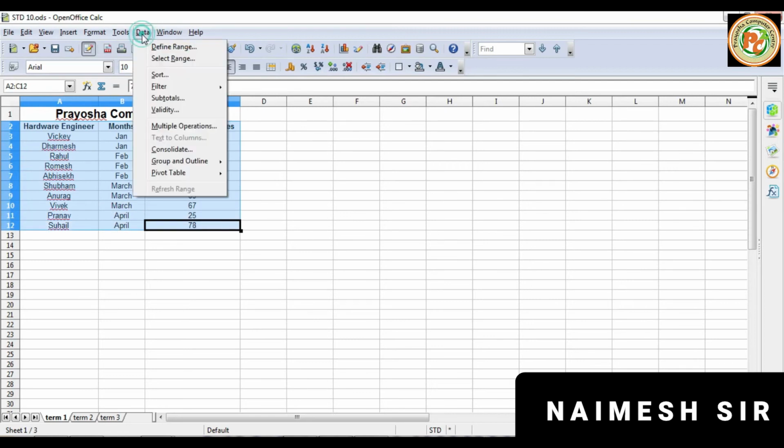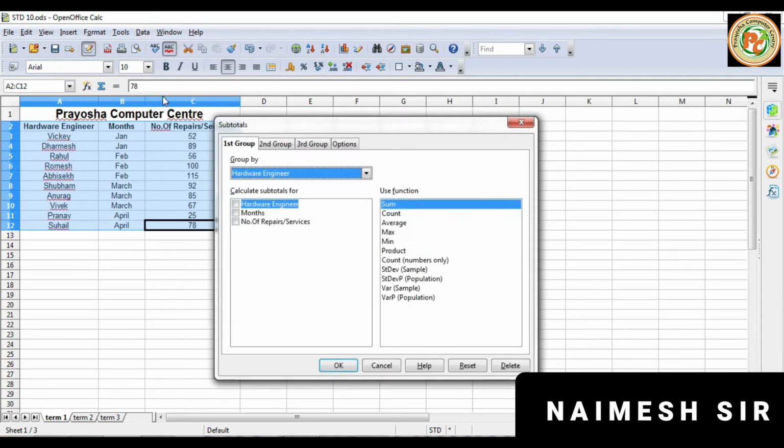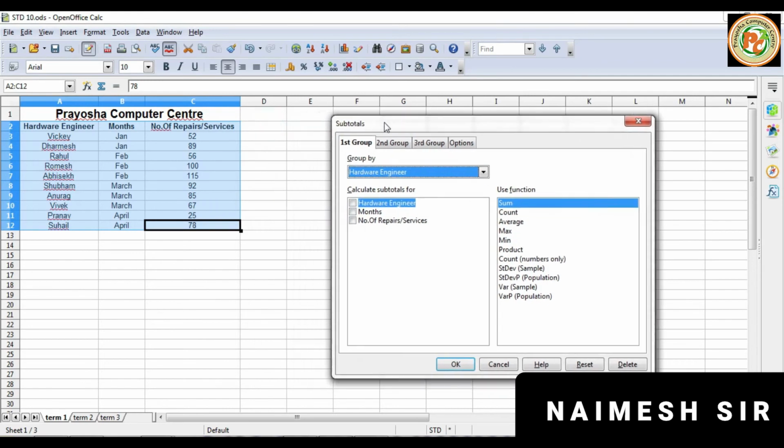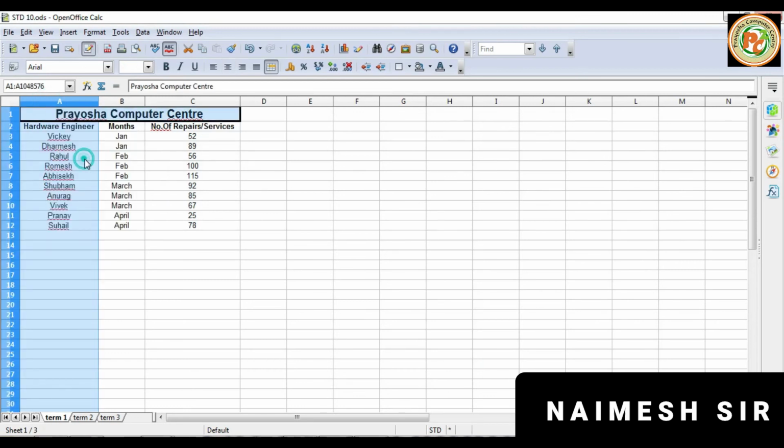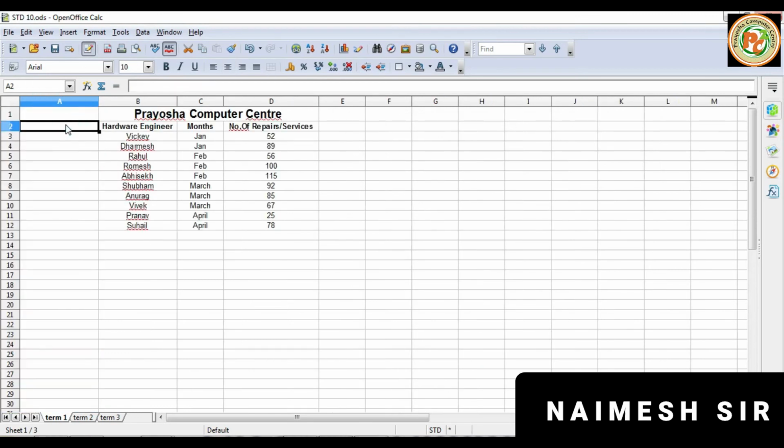Now click on the data, then we will find the subtotal. Now here from the subtotal we have different groups, 1, 2, 3 or different group by. This is the column heading, so we are not going to apply on that. And if you want to use it, then we can create it also. So here we forgot one thing, that we have to add the serial number, so cancel this one, right click it and click on insert column. Yes, it is here.